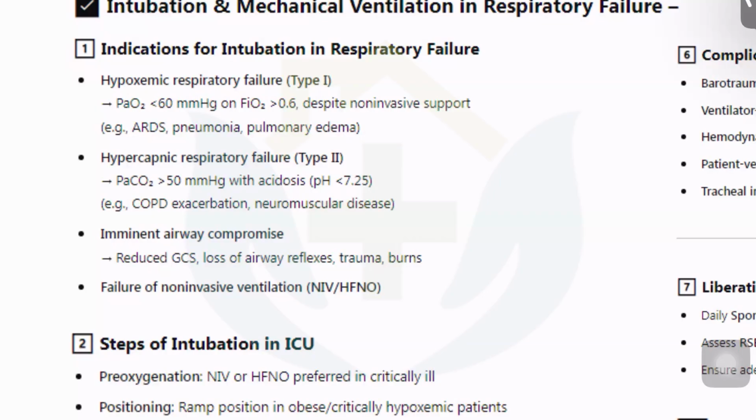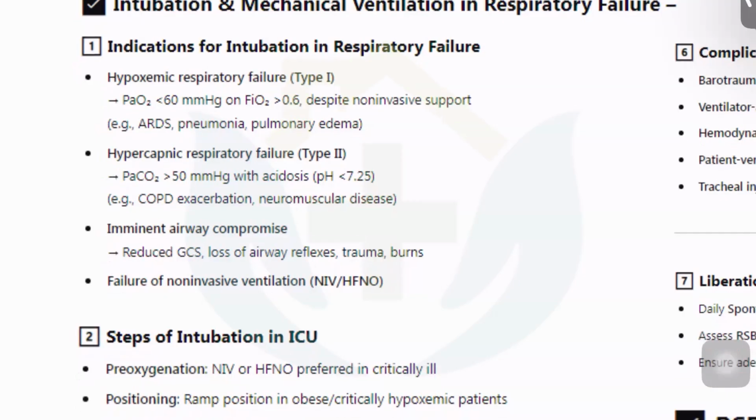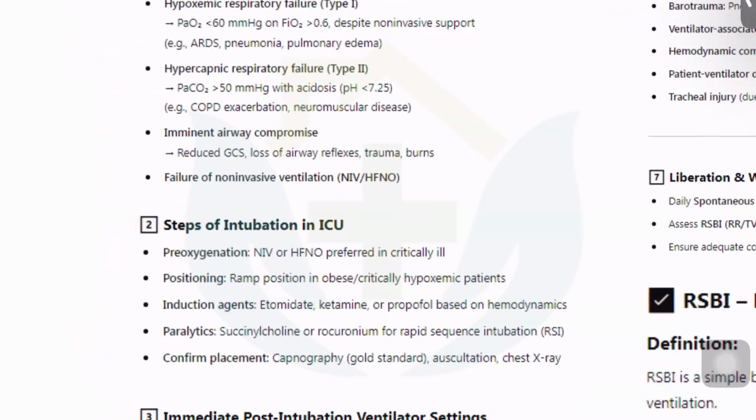Now, you can give sedation a try, but believe me, how many patients can we sedate and put on NIV if they are not ready to cooperate? If they are agitated because of a hypoxic brain, they will need an intubation. The only matter is whether they will be intubated after a crash or before they crash. So what are the steps of intubation in the ICU?